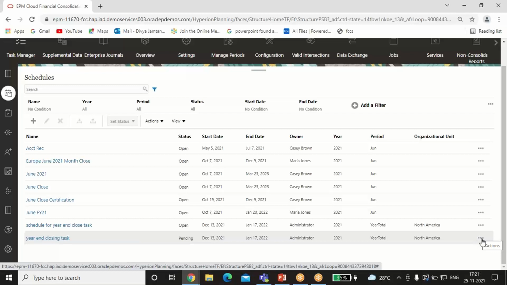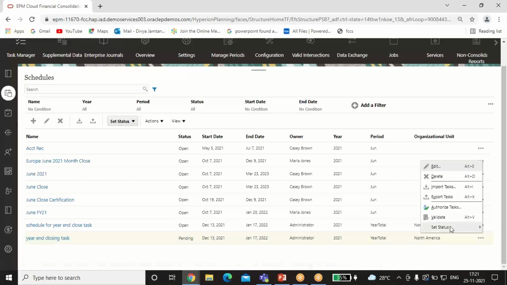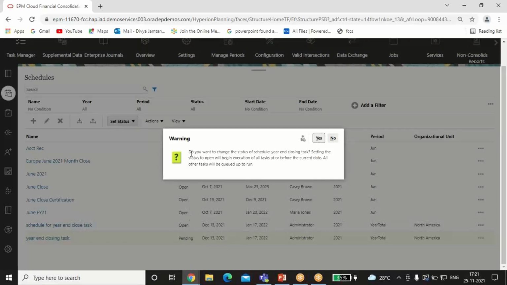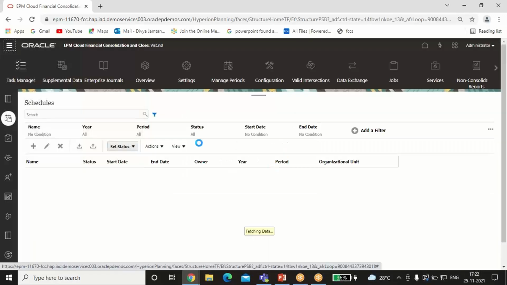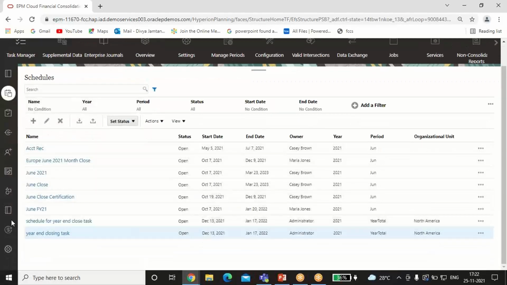When you set the status to open, click on yes. Now the status change was successful. That means when you change the status to open, the tasks that have met their start date and whose predecessor conditions have been met are changed to open with an assignee.